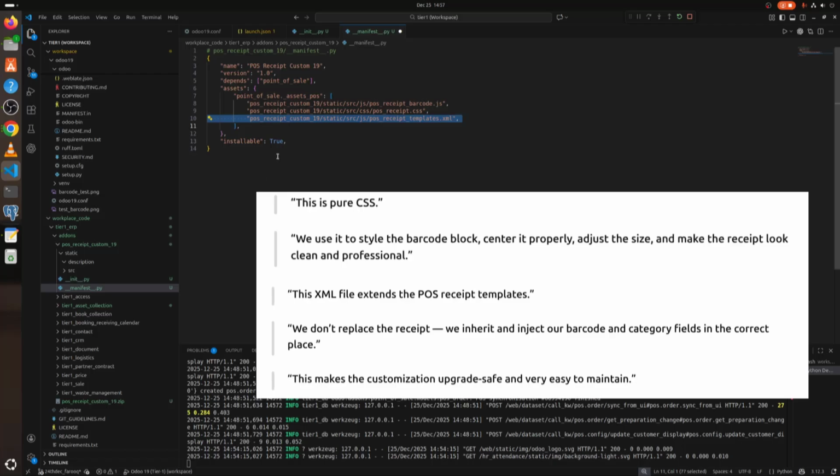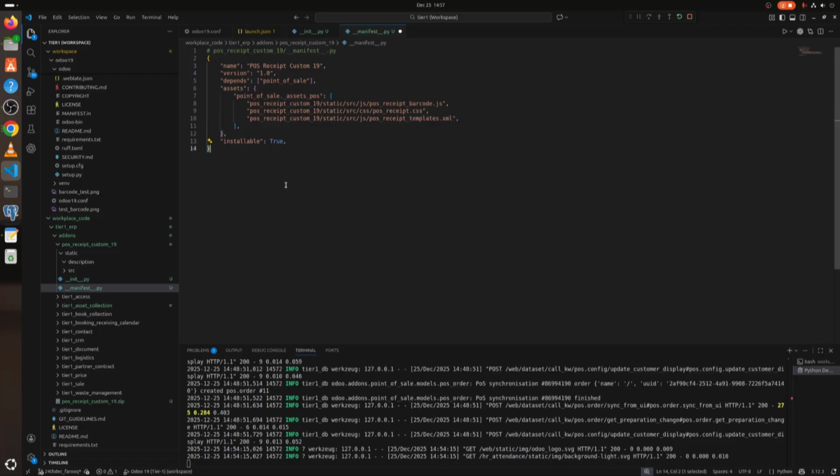And then installable is true. Finally, this tells Odoo that the module can be installed from the apps menu. So this is it, a very small manifest file. Okay, now we need to create this file,